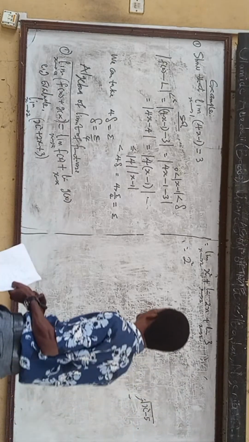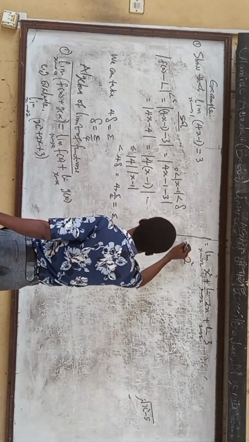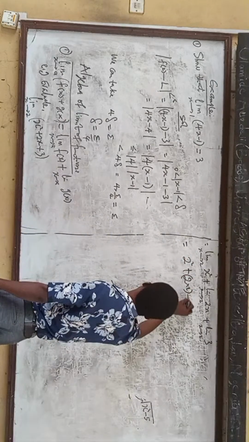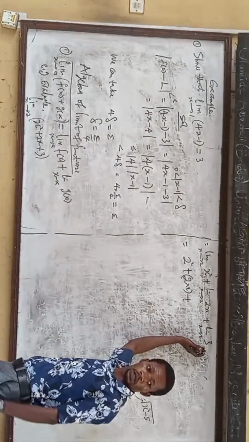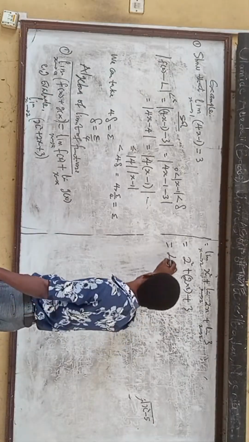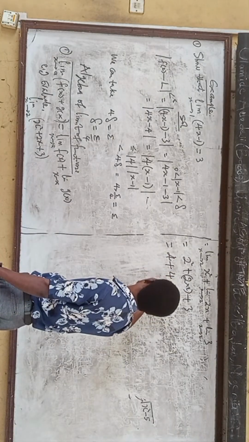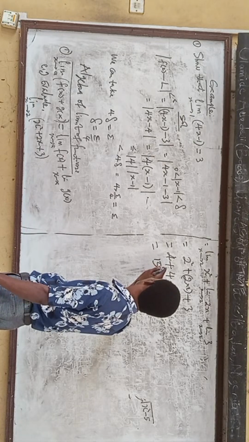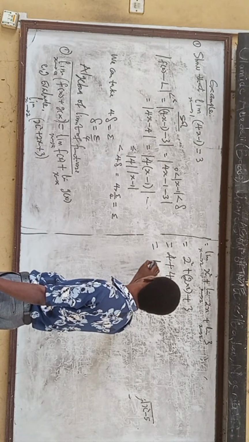So if it fails, you can try another way. So this will give us 2 times 2, plus this is still a constant, 3. So we have 4 plus 4 plus 3, and then you get 11